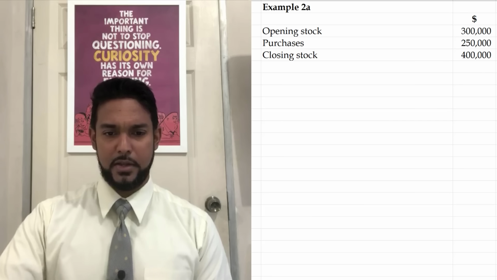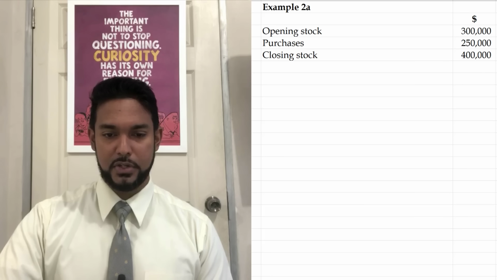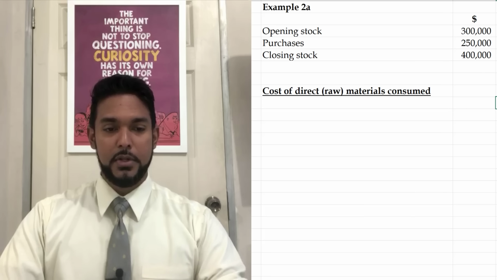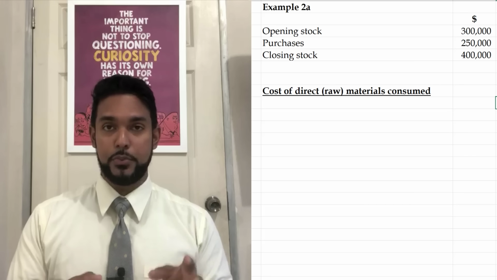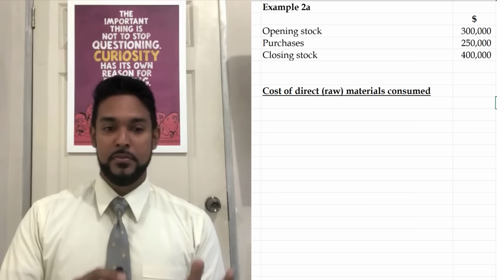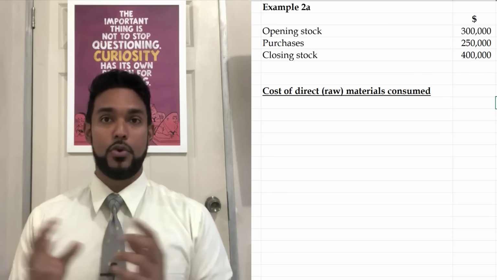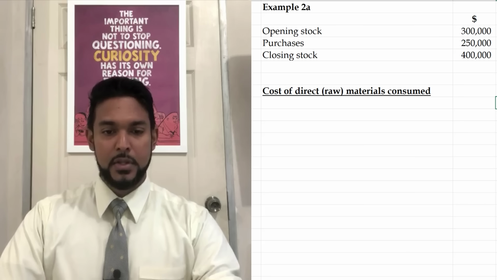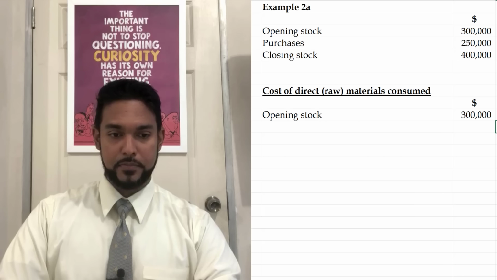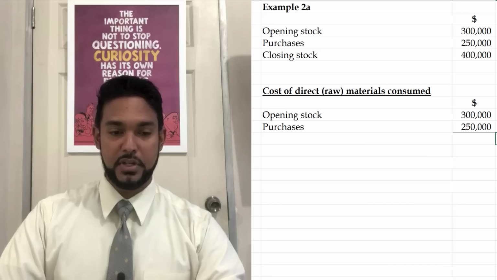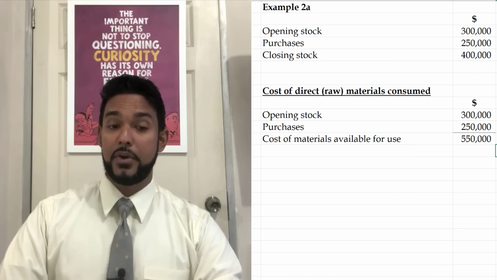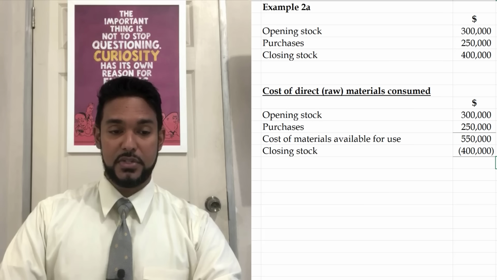Now, let's take a look here and see what the calculation of the cost of materials used or materials consumed by production is going to be, right? So cost of direct or raw materials consumed. Now, when you are writing your words, you don't have to put direct and then raw in brackets. You can put cost of direct materials consumed, cost of raw materials consumed, cost of materials consumed. So opening stock of raw materials, add the purchases of raw materials, which is going to give us total materials available for use, or costs of materials available for use rather. And from that, we're going to subtract the closing stock,